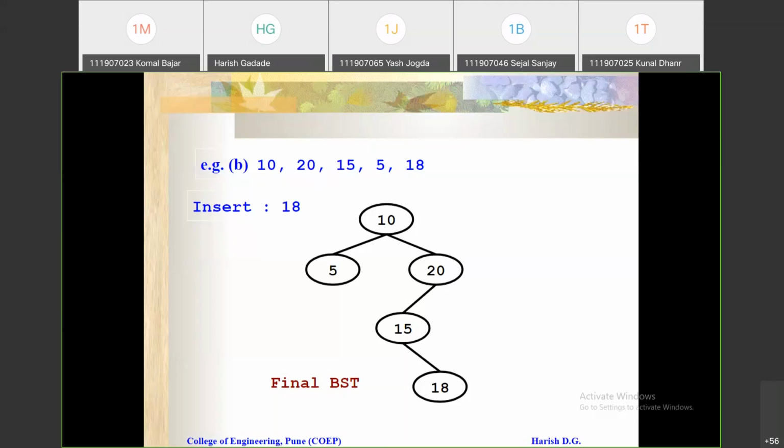Okay. Now, next is, this is the creation, we can say. We have seen how to create that binary search tree. Now the most important thing is how to display this binary search tree, because this is the graphical display, but in a computer it is not possible to display in this way, right? So how to display that? For that display, we have the traversals. So we can use any one traversal to display the binary tree or binary search tree, right? So which are these traversals? So that we'll see. So 3 traversals are there: in-order, pre-order, and post-order traversals.